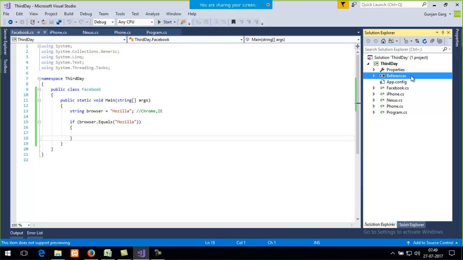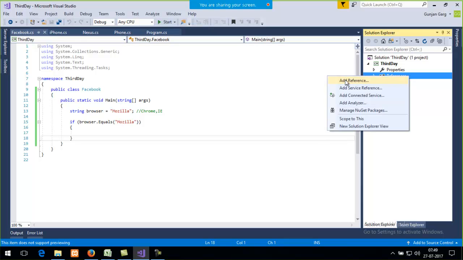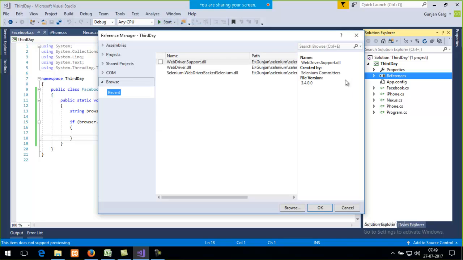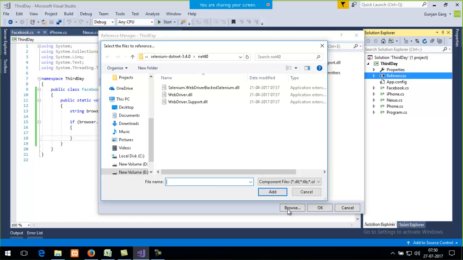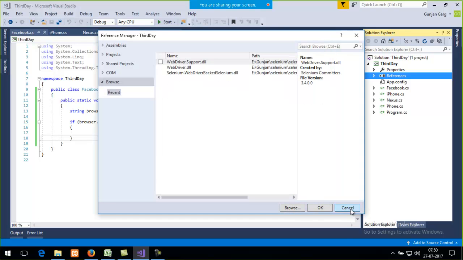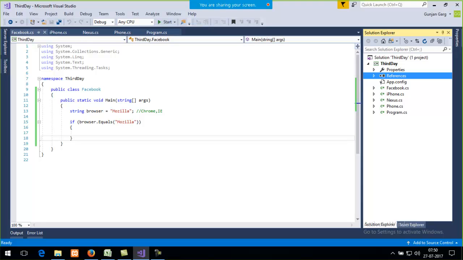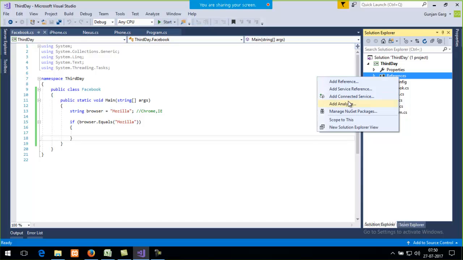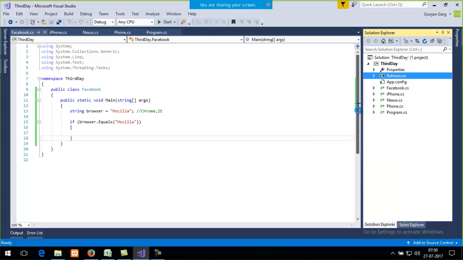You right click on the references folder and then you have an option add reference. Okay, and then you browse to your location where you have downloaded the Selenium DLLs from the official website of Selenium, right? So this we have discussed. Then there is another way how can you add any DLL into your project. For that you right click on the references folder, then we have one option that is manage NuGet packages. Okay, so we click on it,